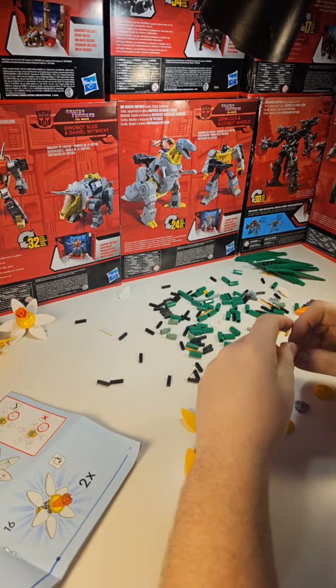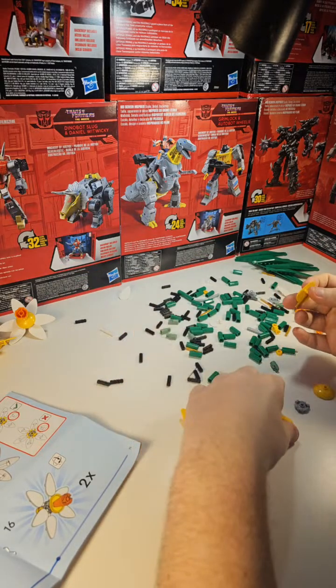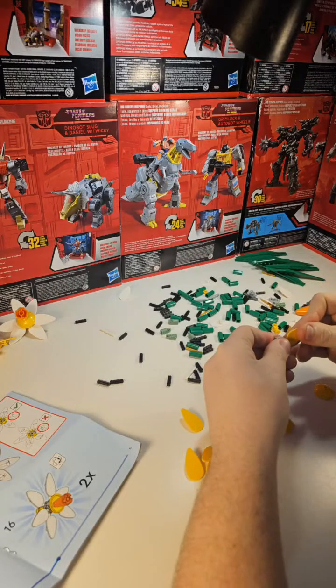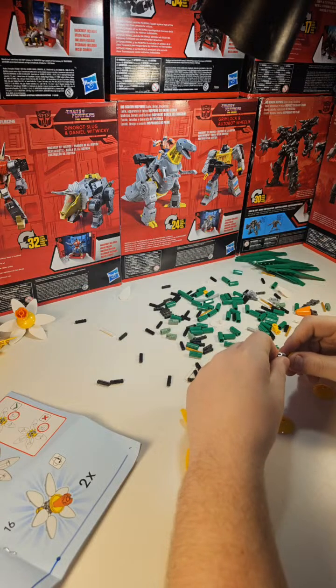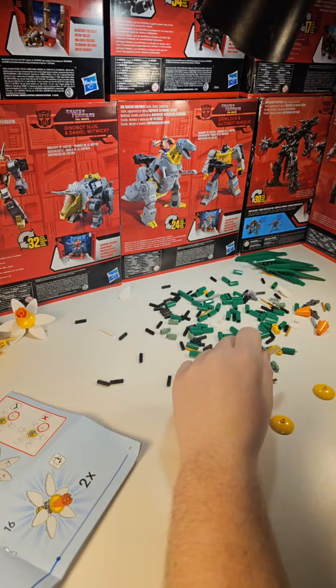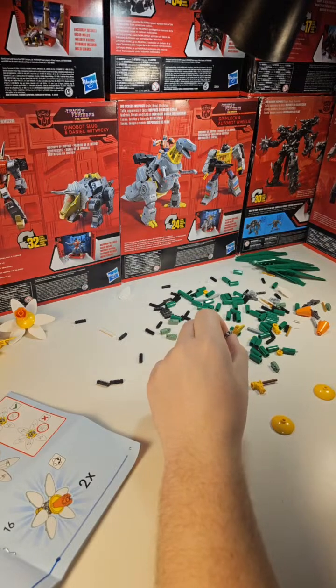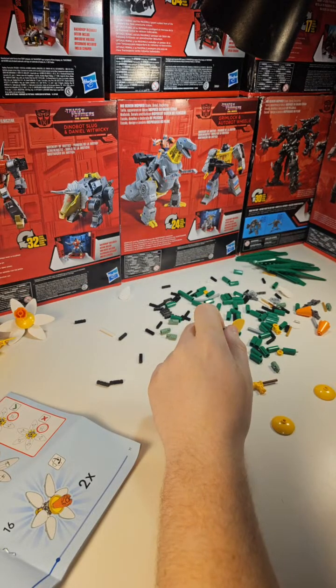Now, if I'm not mistaken, you can invert these and turn these into daisies. And for people who are about to say daisies are not yellow, yes, they are. I've been through it. So, anyways,